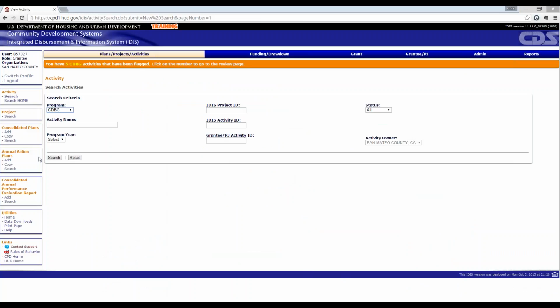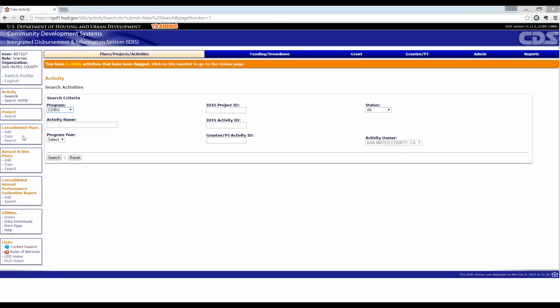So to set up a consolidated plan, you'll be in IDIS, and you click on the Plans, Projects, and Activities tab. To create your consolidated plan, you'll come over here and you see that I have a menu of consolidated plan, annual action plan, and CAPER. If for some reason you do not see this, you need to consult with your local IDIS administrator to make sure that you have this access. And again, this is just the lead grantee's responsibility of setting up the plan. A participating grantee will never be setting up a plan in IDIS.